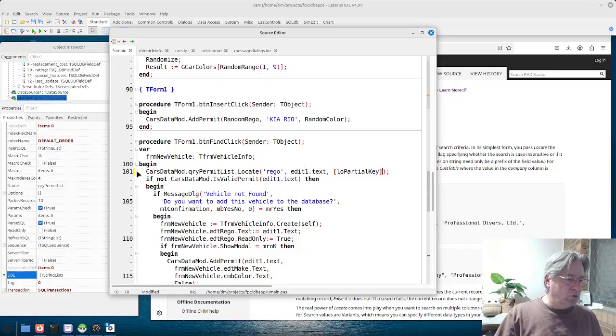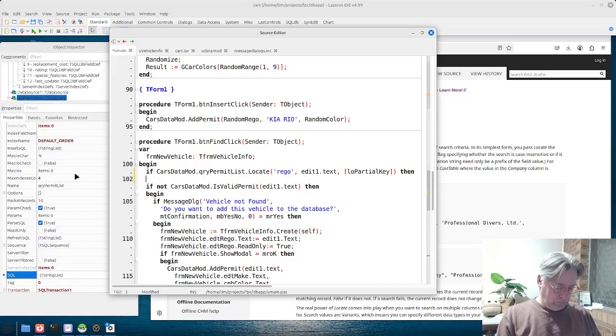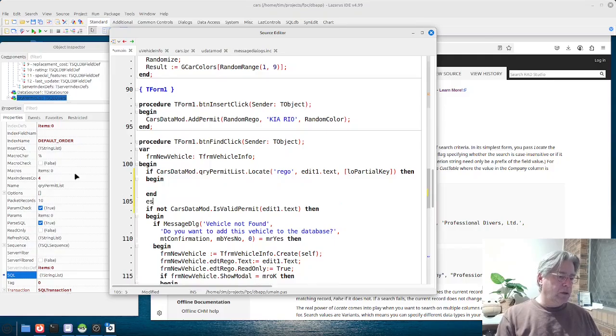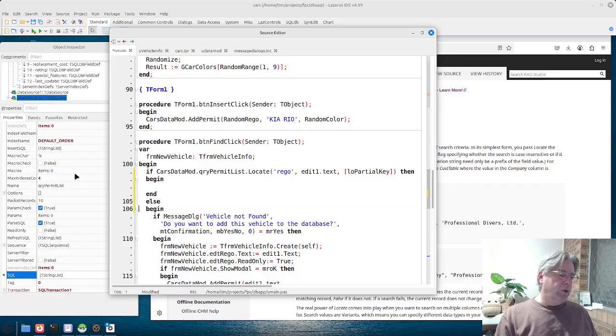However, if we do that, then begin and else, that means the record wasn't found here. So what we could do now, that should move the cursor to that row, and we could, for instance, here set